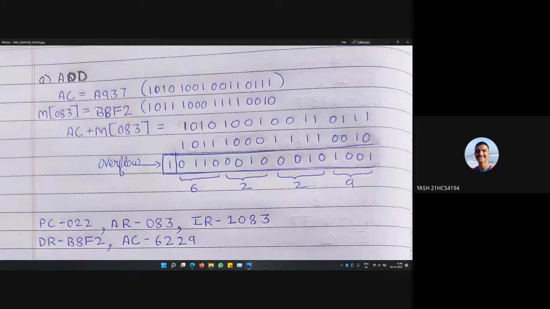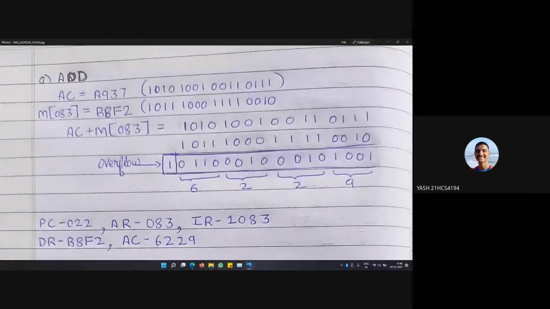Now in this instruction, we will see that the most significant bits of both the registers is 1. That is, when we add these values, it will give us an overflow value. The input and the registers are both 16-bit, but we will be getting a 17-bit output. So the overflow bit will be neglected. So here I have given it in a box. So this one bit will be neglected, and we will be starting our pairing of 4 from the end.